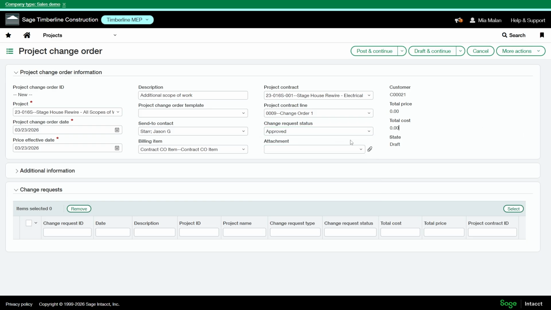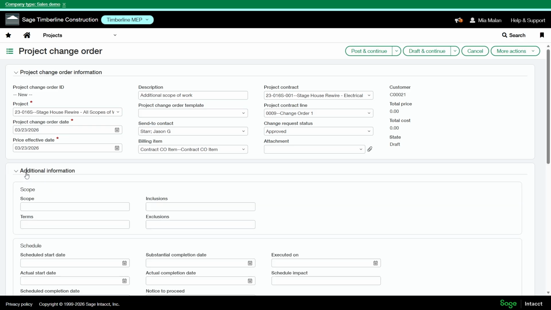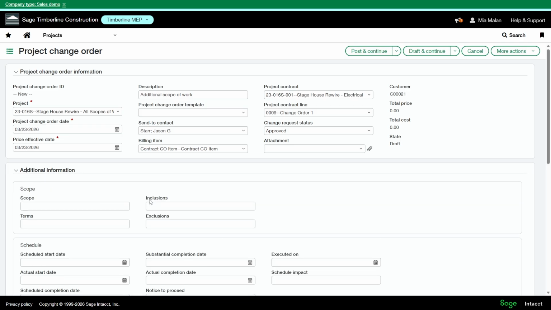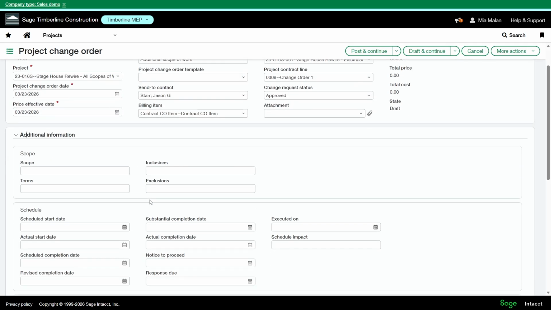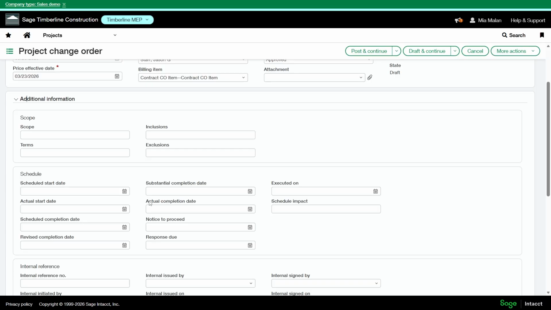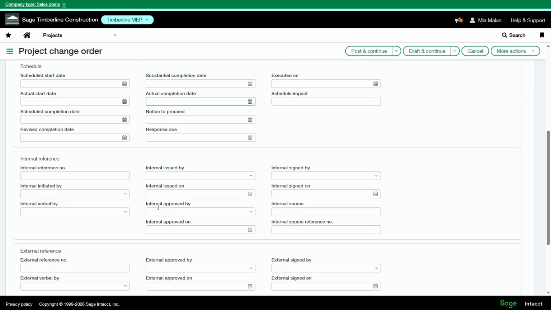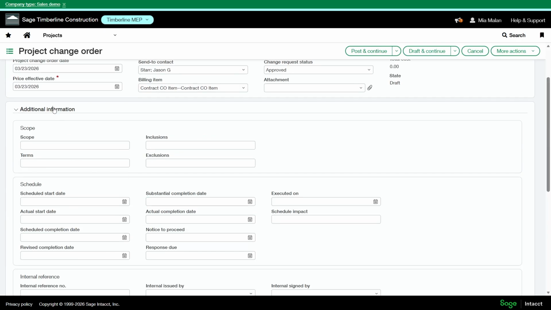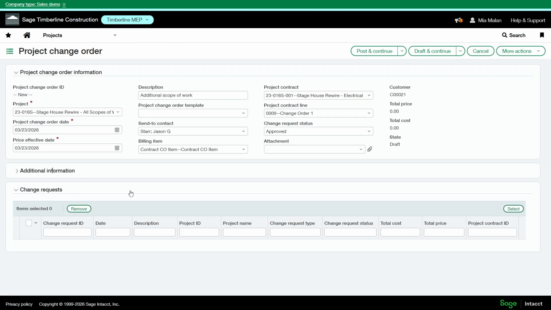You can also add awaiting signature here, and then you can post an attachment here. If needed, you can expand this additional information field. This adds some details about the project change order, such as internal notes, reference numbers, or other context that supports this change. And now we have our change requests table down here.